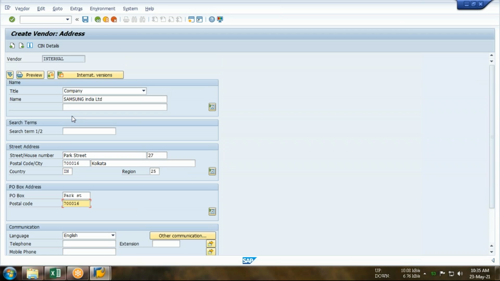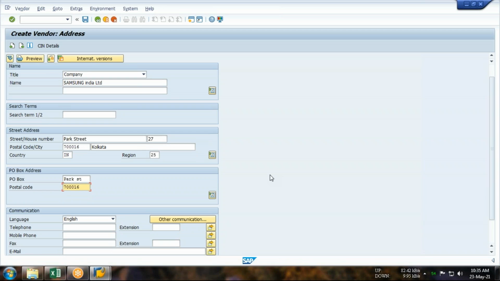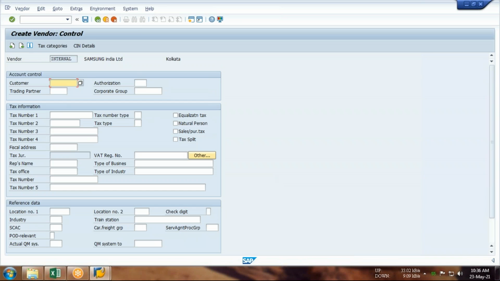Guys, there are so many tabs, don't worry. So after putting all this, guys, please take the screenshot. For the first time, I'm requesting all my students, please take the screenshot. It will help you, because I always believe that visuals are more effective than running notes. So whenever you are going to maintain a vendor, you just check your configuration against my record, whether every tab has been filled or not. Done? Yes, sir. Now move on to the next.